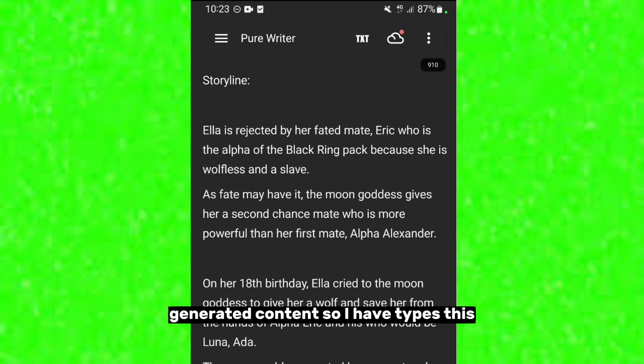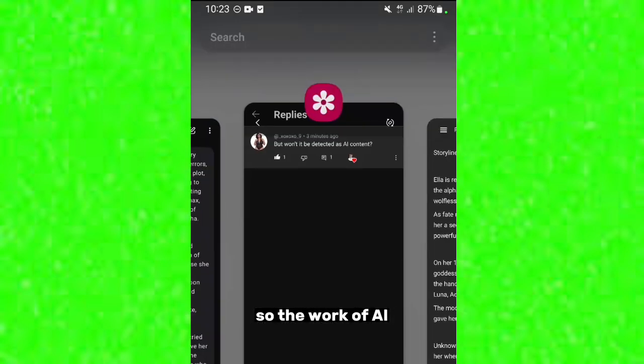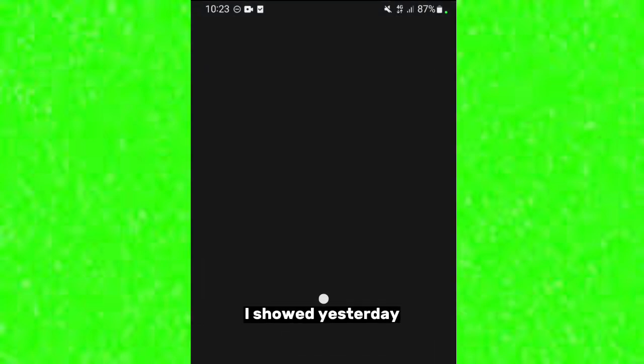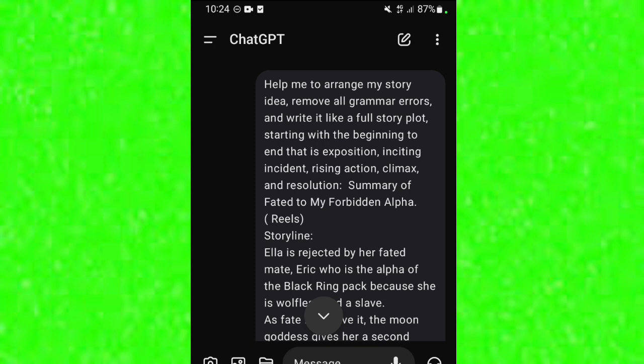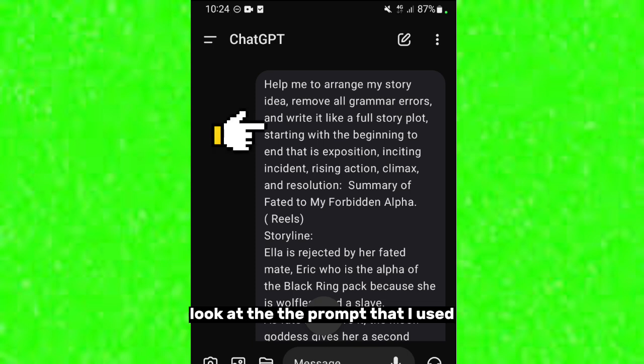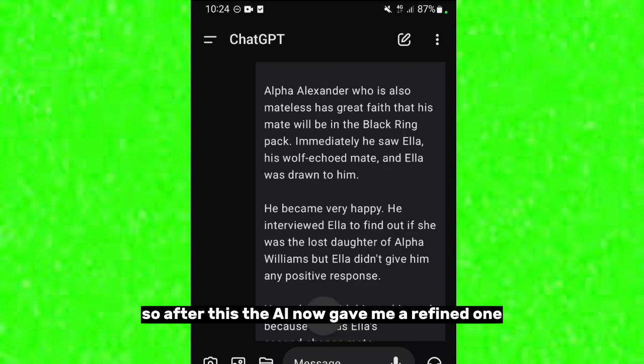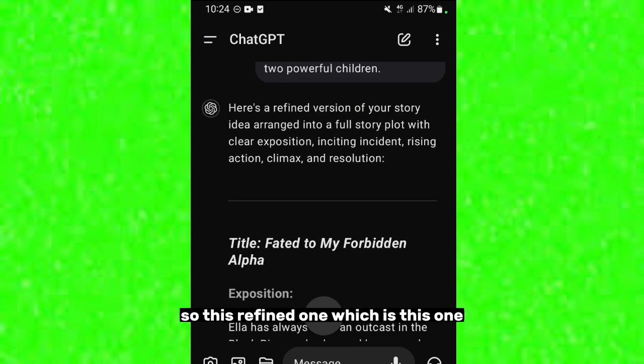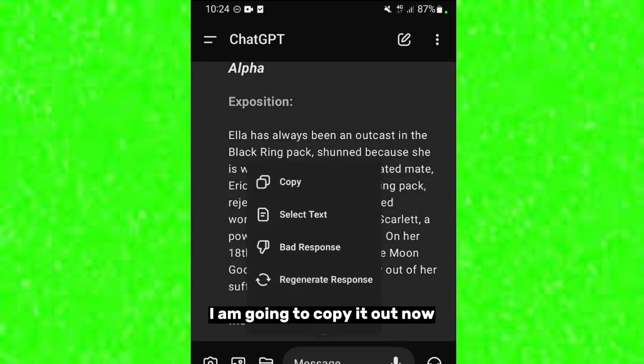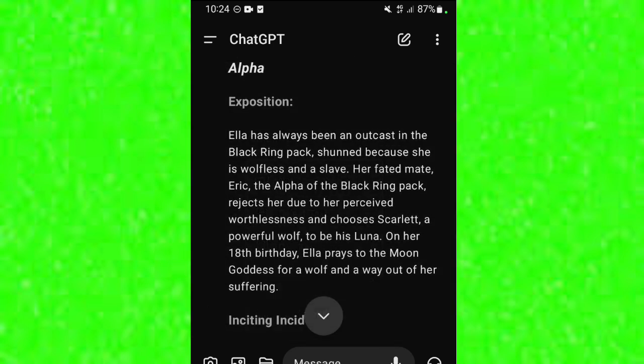So I have typed this. So the work of AI, if you can remember the prompt that I showed yesterday, look at the prompt that I used. I have my story outline, just that it is not arranged and it might also include grammatical errors. So I used the AI with this prompt, and the AI gave me a refined one. This refined one, I am going to copy it out directly from ChatGPT,